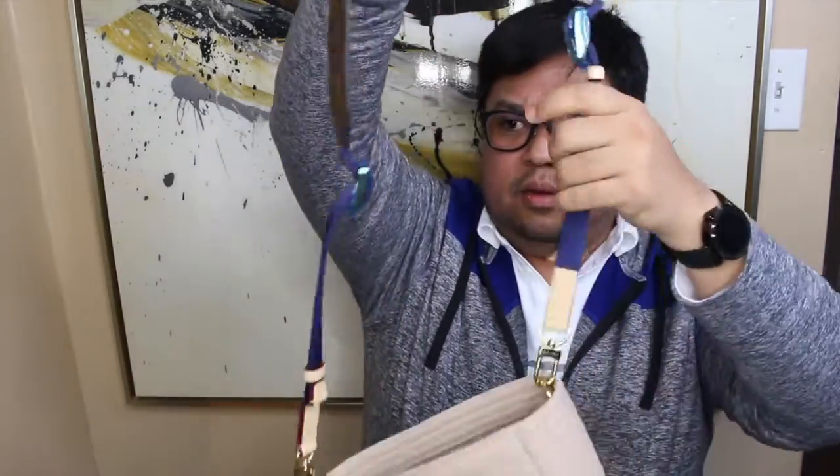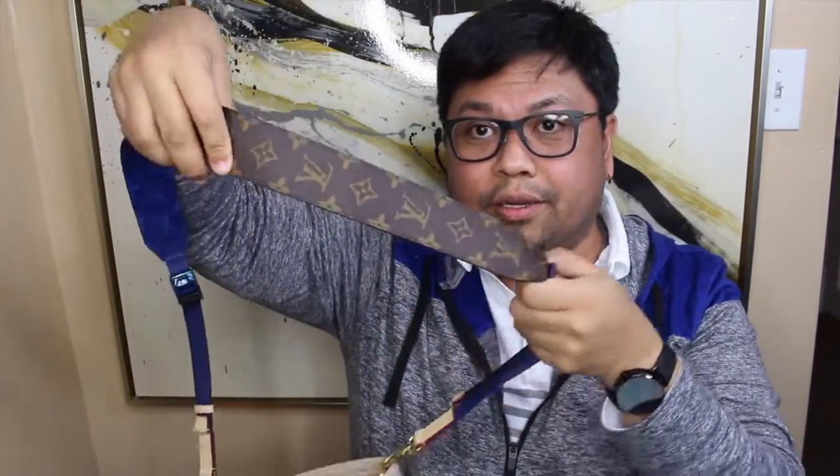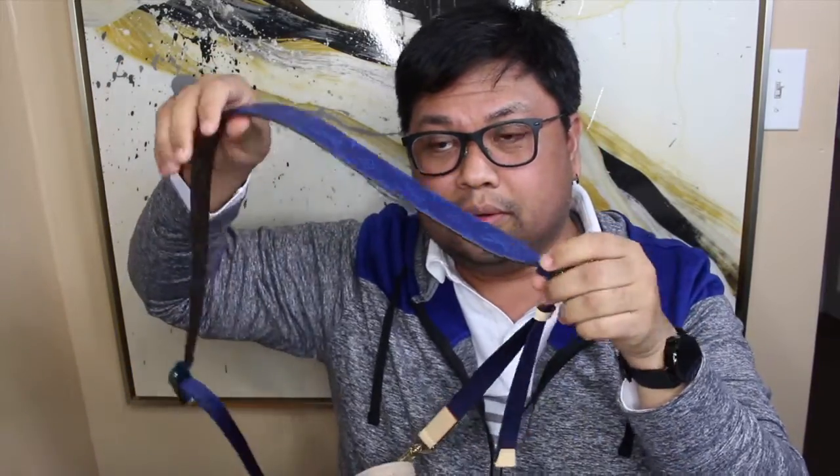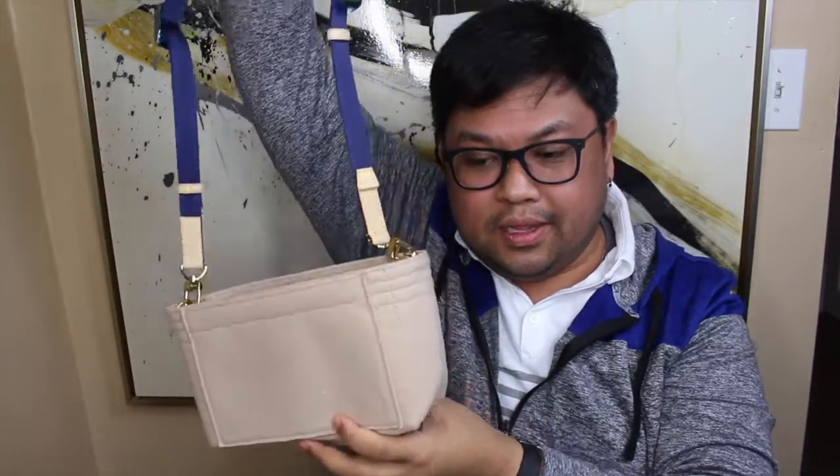Alright, so here is the clip, the D-ring. All you have to do is put it together. Alright. And there you go. And so this strap is reversible, so I could use it on the monogram side or the blue. But check that out. So all I need to do now is put this inside of here. Let me just show you guys that real quick so I could show you guys the combination of the strap and